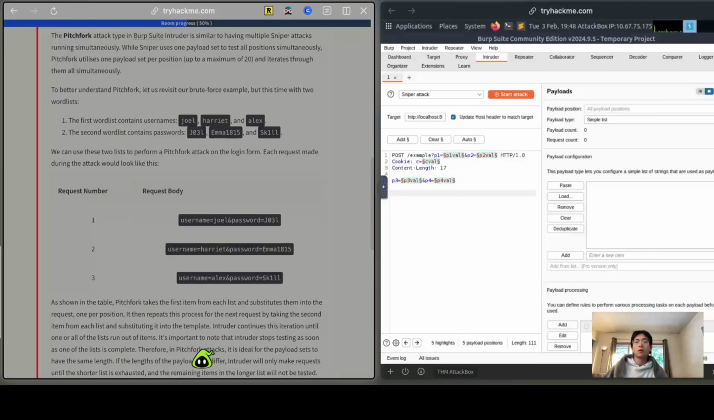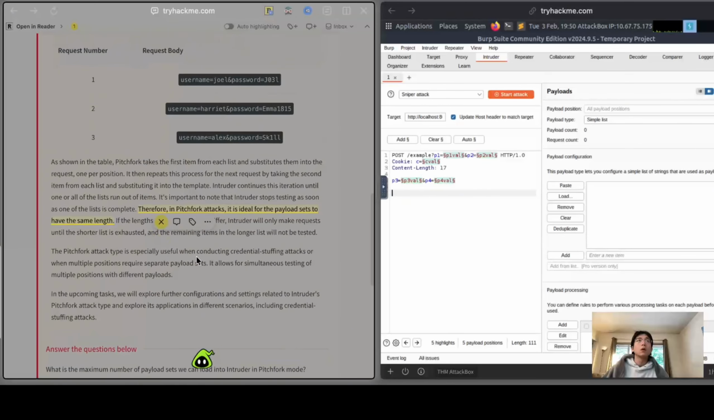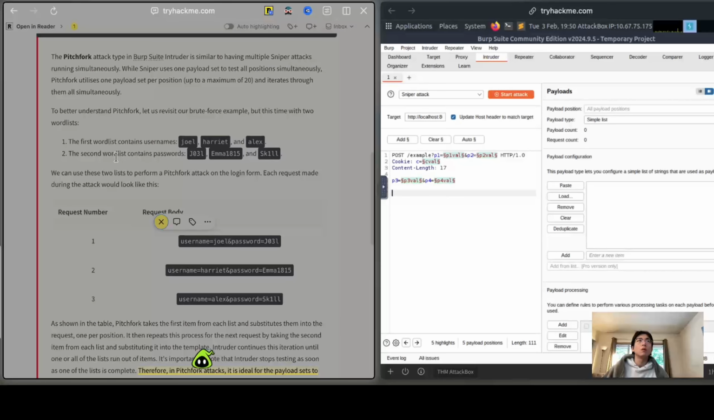Pitchfork. So Pitchfork will take two sets of word lists and take the first item on the list and match it with the first item on the other list. So here's an example. Username Joy, the first item on list 1,